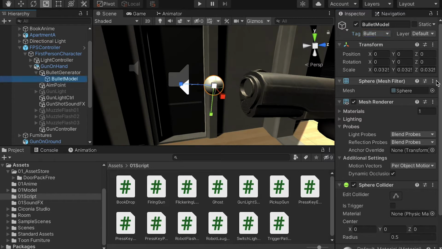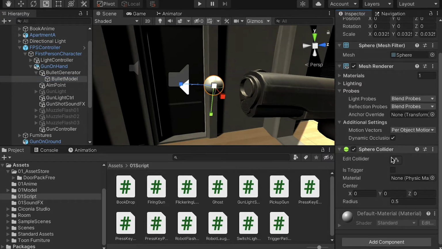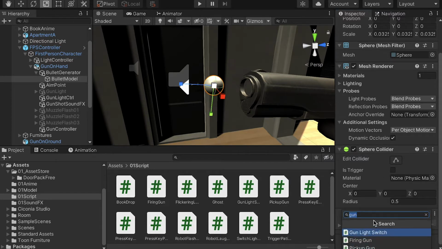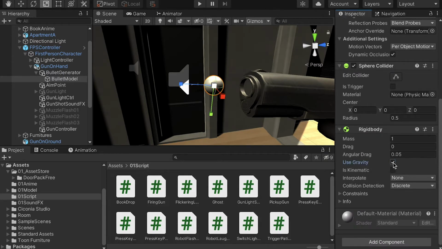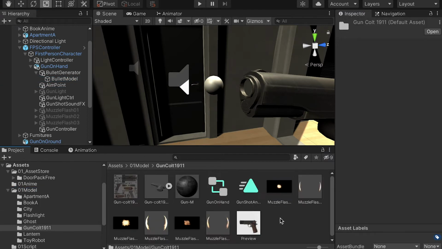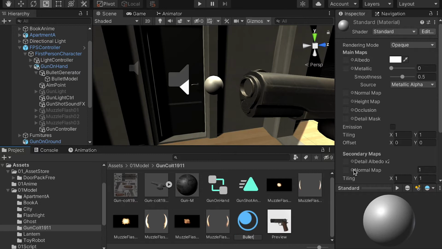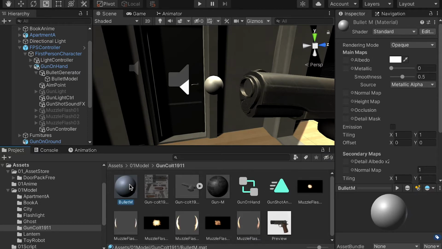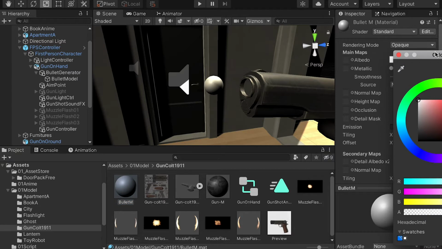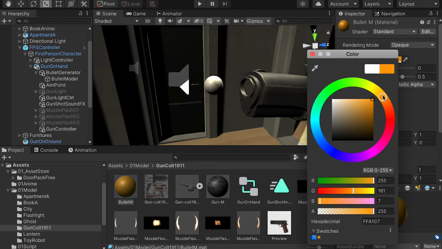And for this bullet model, I want you to keep the collider on, don't check Is Trigger. And here let's add a Rigidbody, and for the Rigidbody let's uncheck Use Gravity. Okay, and here I also want to assign a material to it. So let's go to the model and under the gun folder let's create a material, and let's call it bullet M, and just give it some basic color. So let's do an orangish color